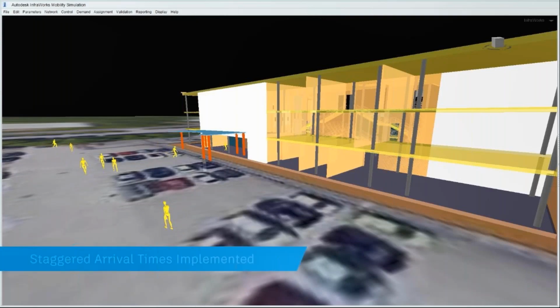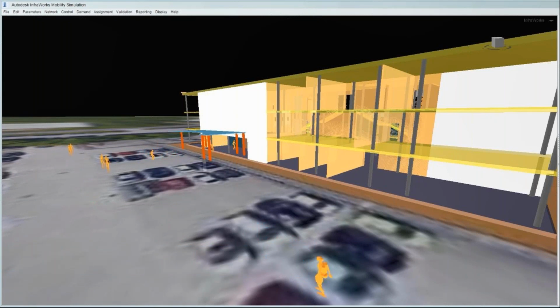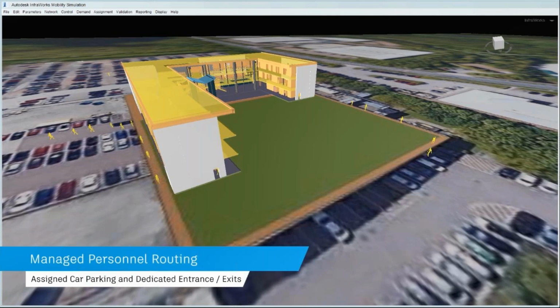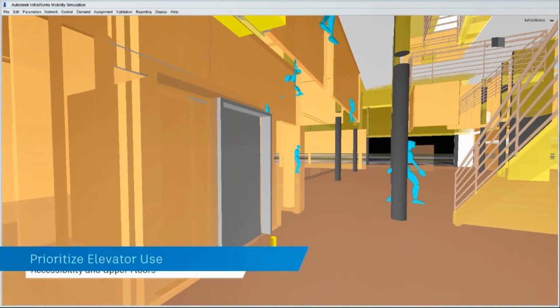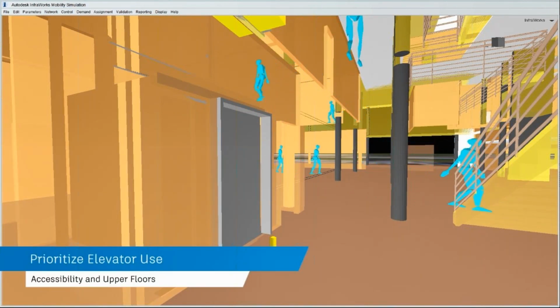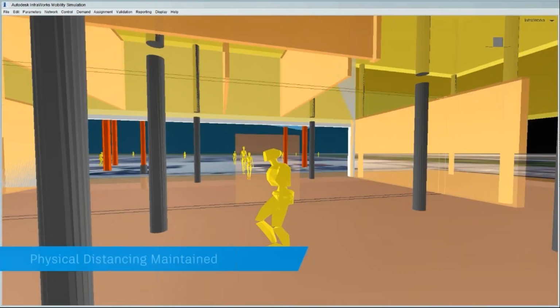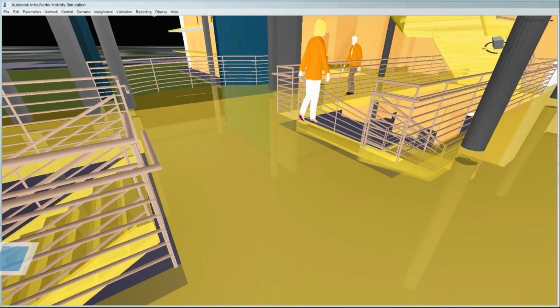There is a capability to check for mobility simulation in which we can define multiple alternatives to plan out the whole physical distancing scenario, where we can have staggered arrival times, where we can define different routes for different team members. We can minimize the use of elevators, and all those different scenarios we can virtually simulate to identify that the physical distancing is being maintained by teams.